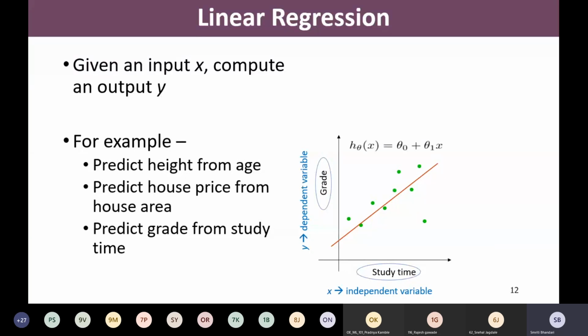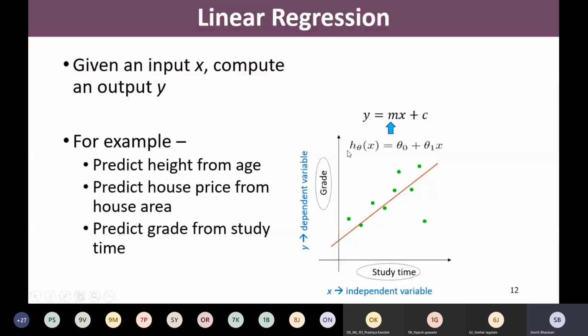Okay, we have also seen how a line can be depicted by making use of a simple mathematical expression. So the hypothesis or the expression for this line can be written as h theta x equal to theta 0 plus theta 1 x, where x is my input, theta 0 and theta 1 are my parameters, and h is nothing but the hypothesis. This h theta x is actually my y, that is, the dependent variable that I am going to predict.